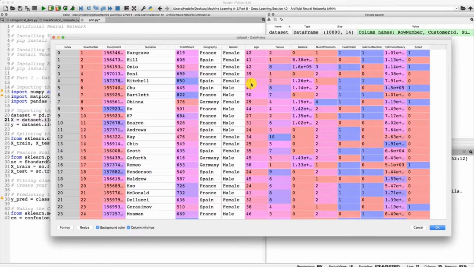Then age. Age, well, of course. Young people might be more likely to leave the bank than older people that not only have more stability, but also might have been in a bank for a longer period of time and therefore are more likely to stay. All right, then tenure. Tenure is how long the customer has been in the bank. Of course, this might have an impact on the decision to stay or leave the bank, so we include that